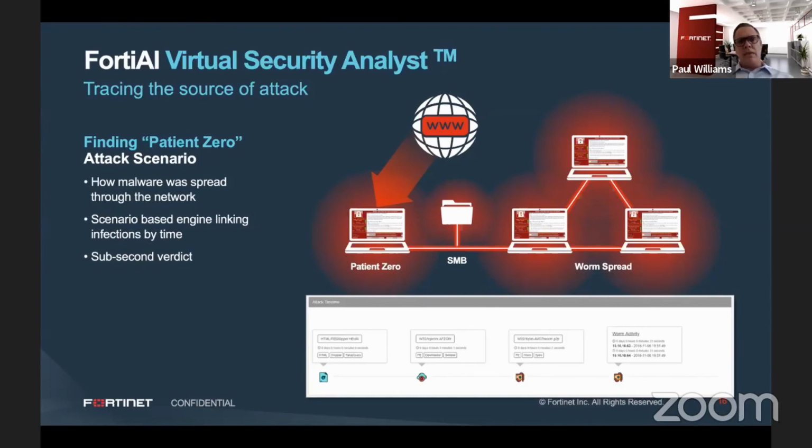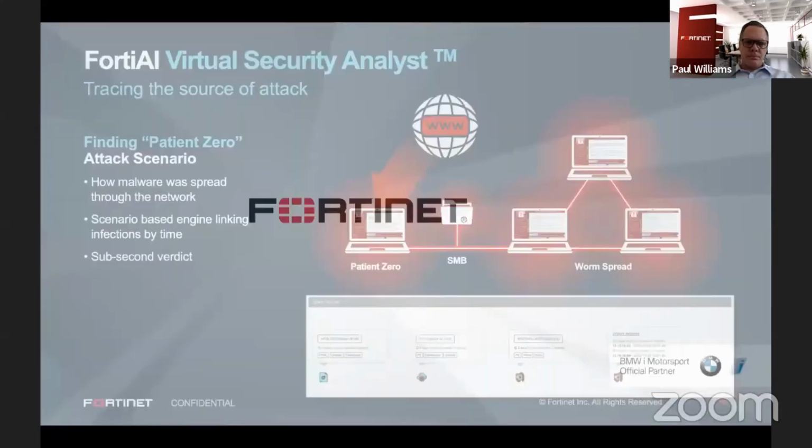Okay, and basically, if the attack does start happening, you want a subsequent verdict on how you can stop the attack and how the infection goes away as fast as possible, because you don't want the whole environment to be locked down or a worm to be spread through that environment. Okay, and that's